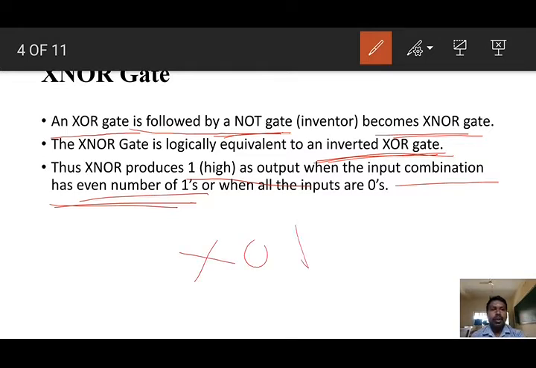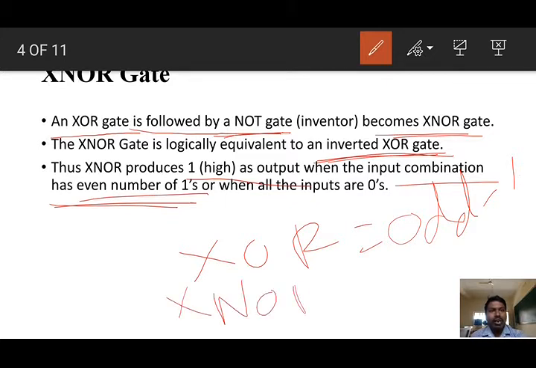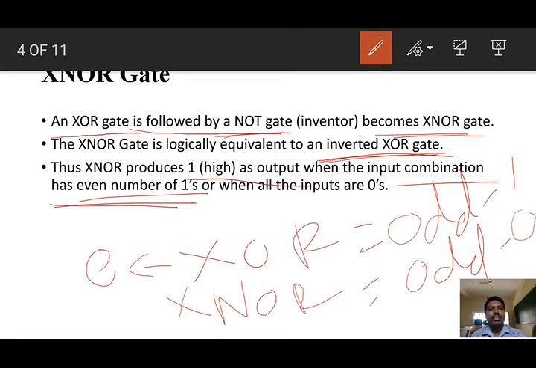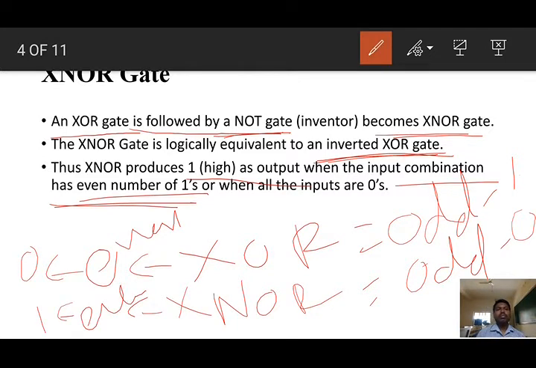In the XOR gate, previously what we discussed, if it is an odd number of ones, the output is 1. But here in the XNOR gate, if the number of input ones is odd, then the output is 0. There in the XOR gate, if it is even, then the output is 0, but here if it is even, then the output is 1. Can you identify the difference between the XOR gate and the XNOR gate?